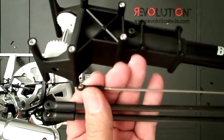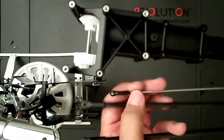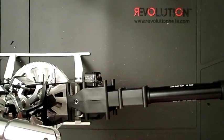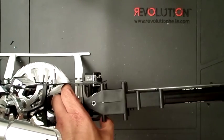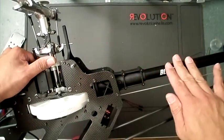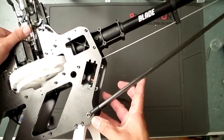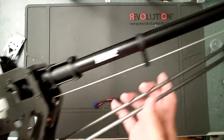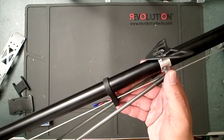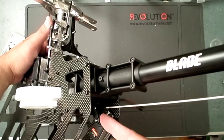On the tail, I put in the ball on a ball link right here, and all it is, this piece just slides in. I bolted the tail onto the helicopter, bolted it all nice and tight. Boom supports bolted in right here, and then clamps tightened down with plenty of Loctite, like I mentioned, and then installed the tail rod onto the tail servo,